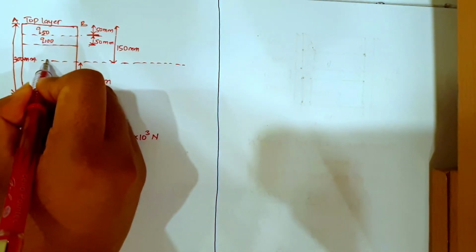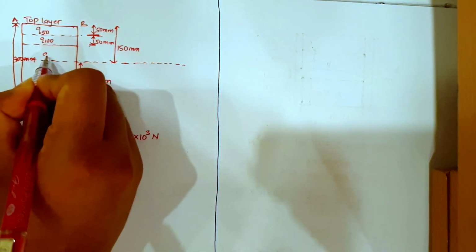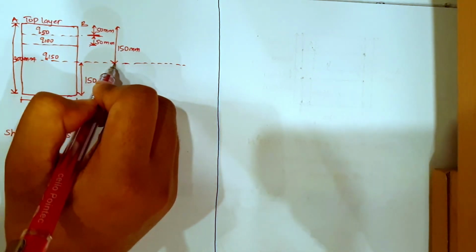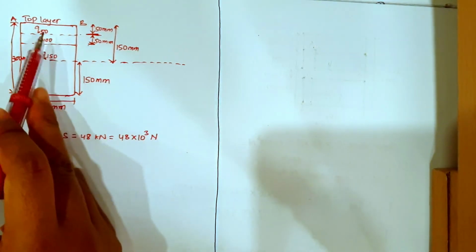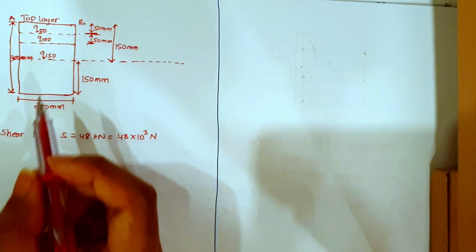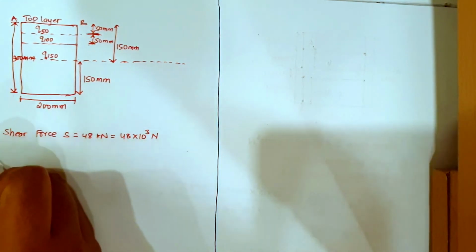And at this point it will be Q150 from top till the neutral axis line. So we need to find Q50, Q100 and Q150. So let us see how we can find. First, to find shear stress at Q50,